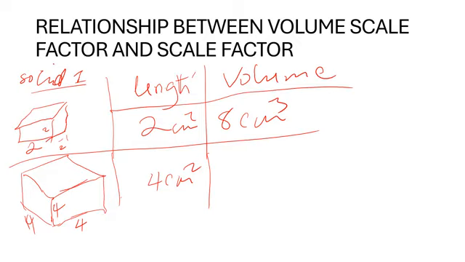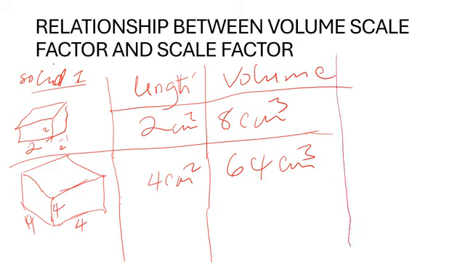4 times 4 is 16. 16 times 4 is 64 cubic centimeters. Okay, so you can do as much as you can. For today, for the sake of time, I'll concentrate on this. Okay, so from the definition,